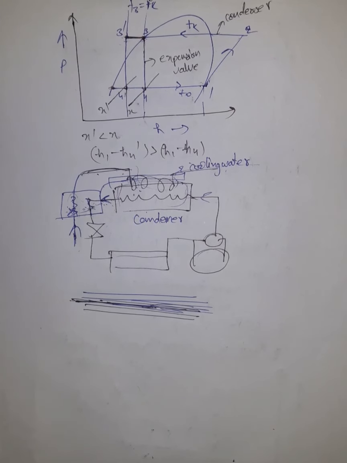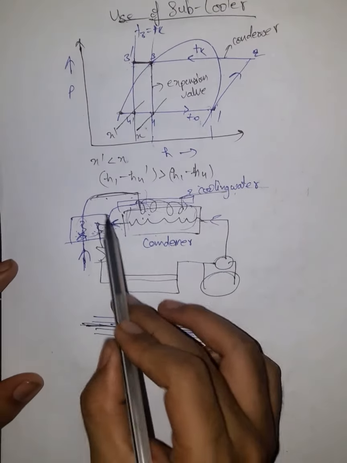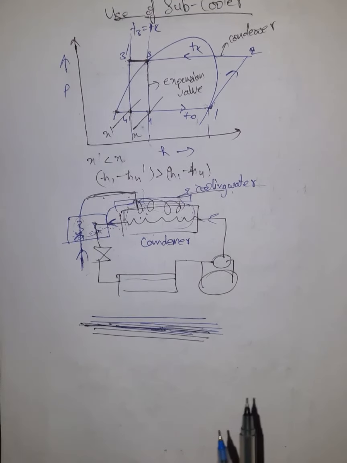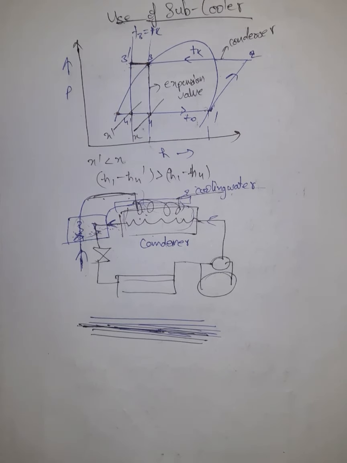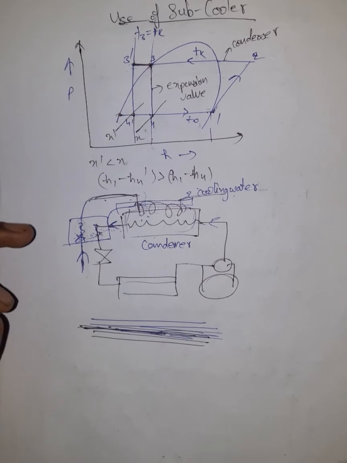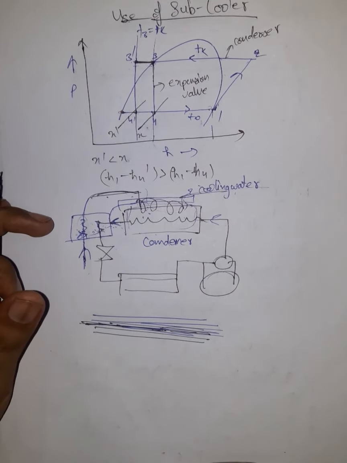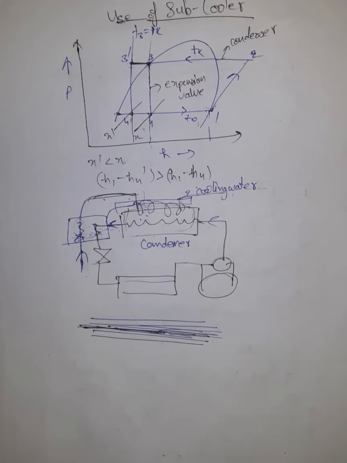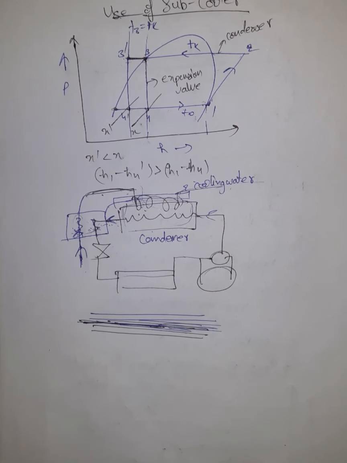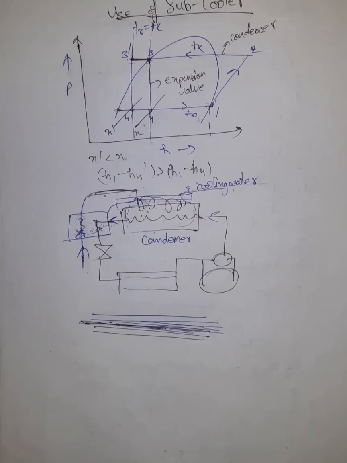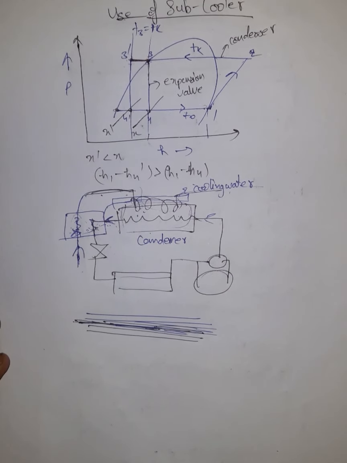Now to use the circulating cooling water efficiently and keep the inlet temperature of the cooling water near the condensing temperature, we can think of combining the function of the subcooler and the condenser in a single system, and this can be done by slightly oversizing the condenser, or increasing the size of the condenser. So this was all about the subcooler. We will discuss the liquid vapor regenerative heat exchanger in the next video.